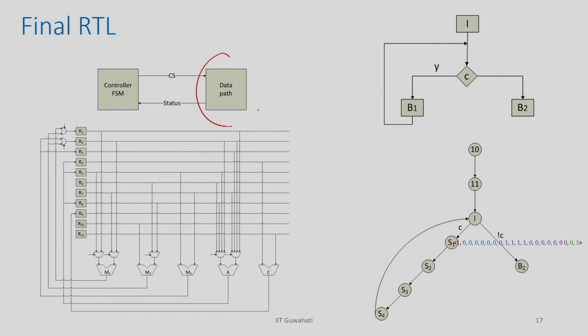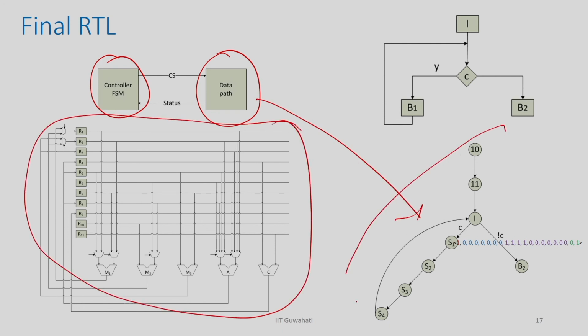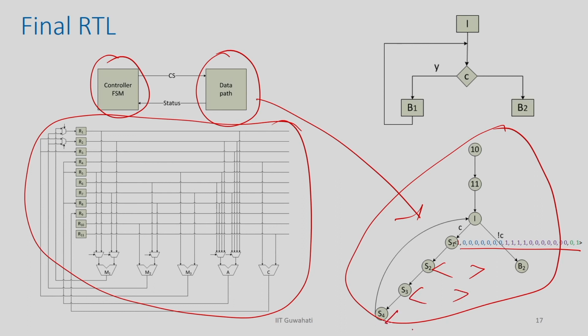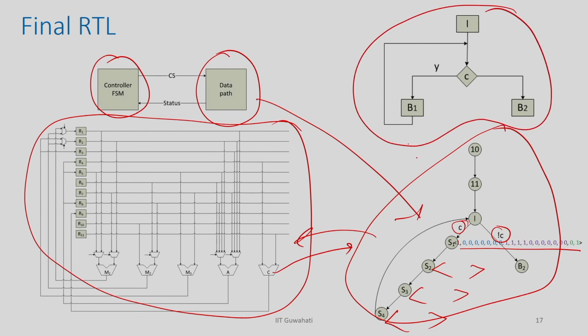If you do this for all states, your whole circuit is ready now, right. So, if you complete this, you have a data path which is already synthesized, and you have a controller which is now already synthesized. Your data path is this and this is your controller. You know how many states there are from the scheduled behavior, and for every time step you put the control signals here, right. The comparator value will come from this comparator unit, and based on that this particular behavior is going to execute the input behavior. This is what high level synthesis does.